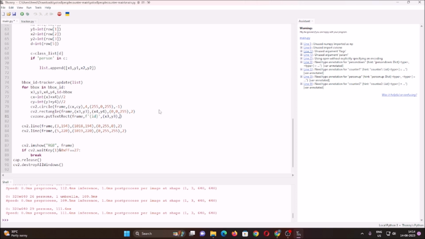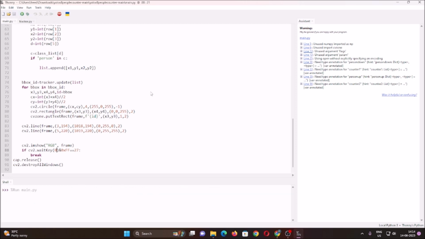And then the text is basically inside the rectangle, so that rectangle size I have mentioned, I am going to mention here 1, and the text size I am going to mention 2, simple. So now here I am going to freeze the frame. If I start the code,